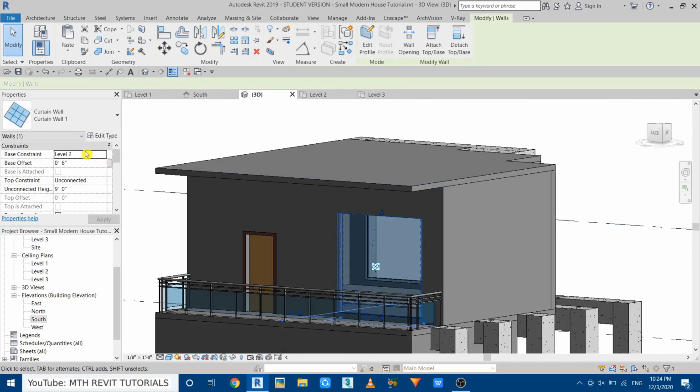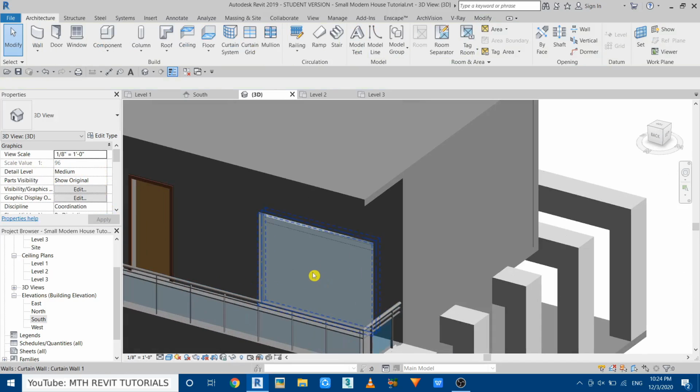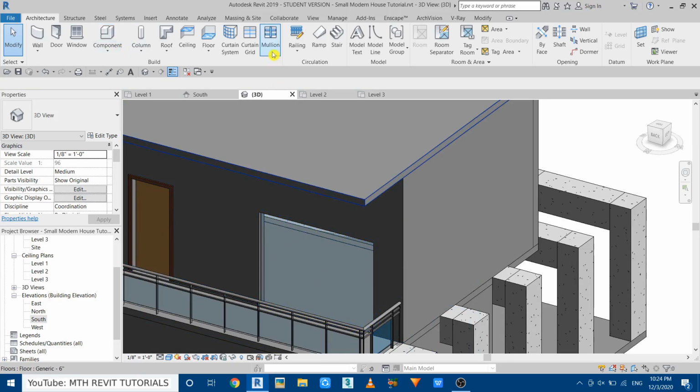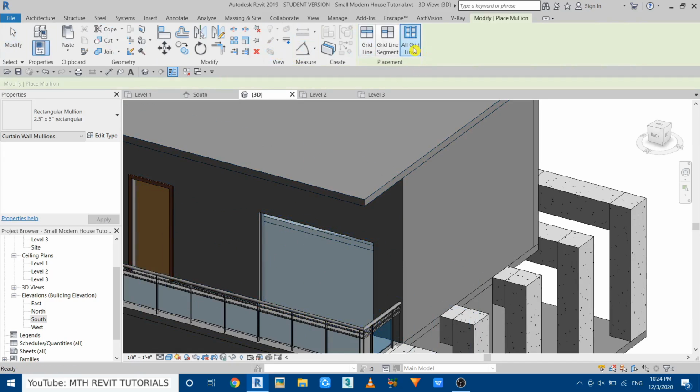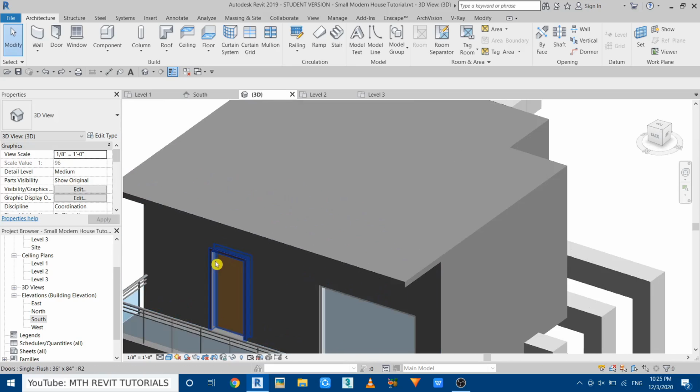Let's select that and change the base offset to 0, and unconnected height will be 7 feet. Perfect. Let's add mullions to this. Select mullion, all grid lines, 2.5 inch by 5, then click on this curtain wall,